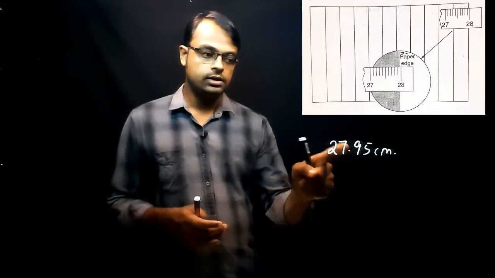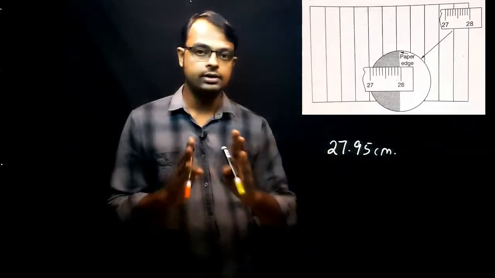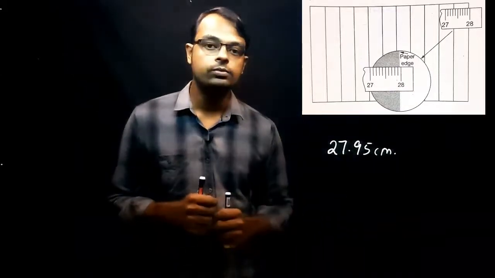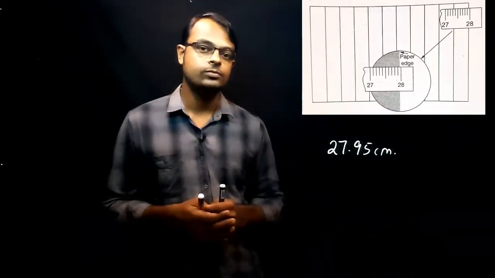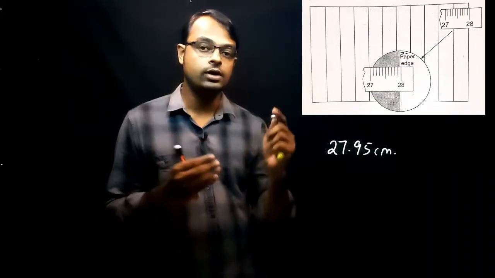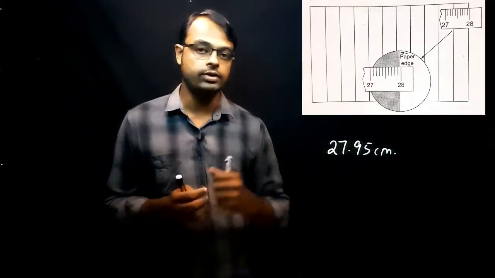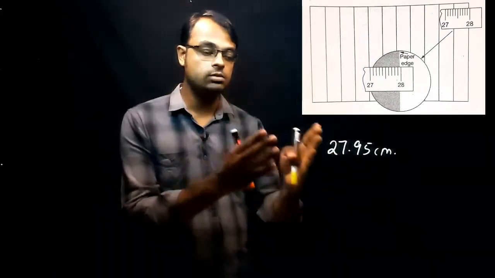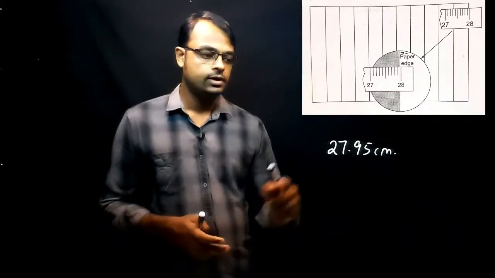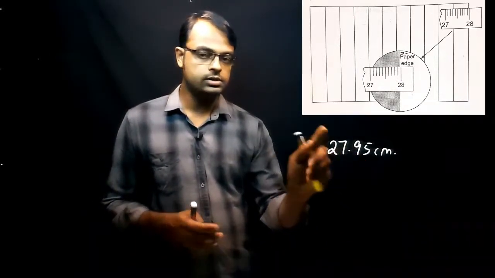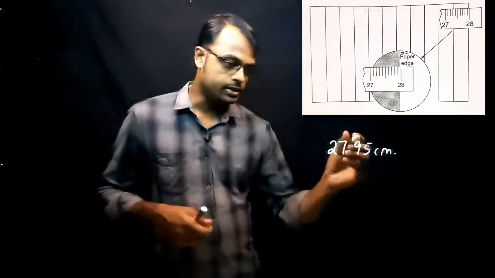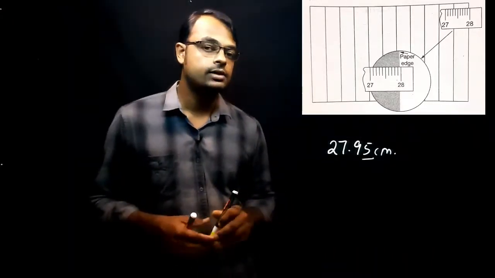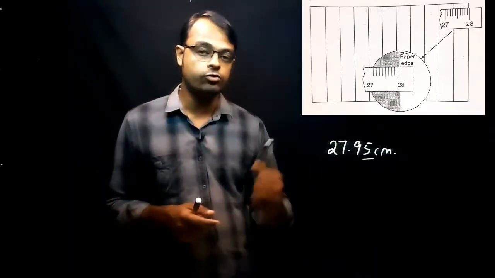One thing you can see here: 27.9 is a sure number, so definitely we can say that 27.9 will come. But the 5 is a doubtful number. What is the 5 here? 5 is a doubtful number in this measurement because you cannot measure this 5 here. So how many significant figures are here? 5 is doubtful, remaining numbers are not doubtful. So I can say this 5 is called the least significant figure, because that is a doubtful one.